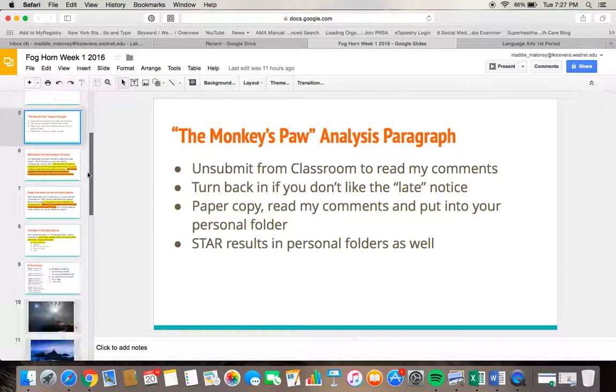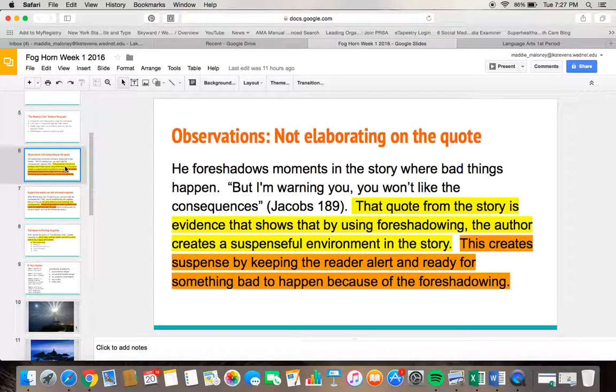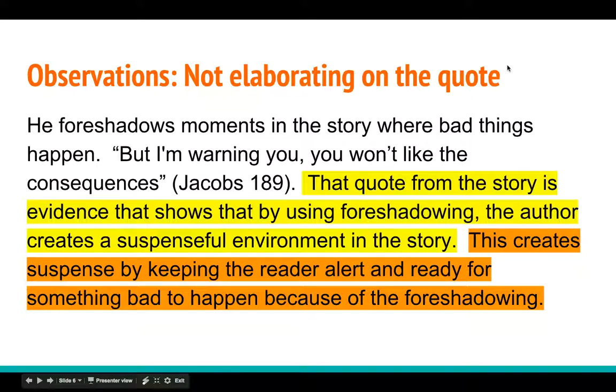So you should have a clear understanding of how you could have improved your paragraph. I'm going to show you an example of what one student did, and this is what most students did, which is why I'm showing it to you. And there are no names on this example, and I don't even remember which student I took it from. Okay, so here we go. "He foreshadows moments in the story where bad things happen, but I'm warning you, you won't like the consequences." That quote from the story is evidence that shows that by using foreshadowing, the author creates a suspenseful environment in